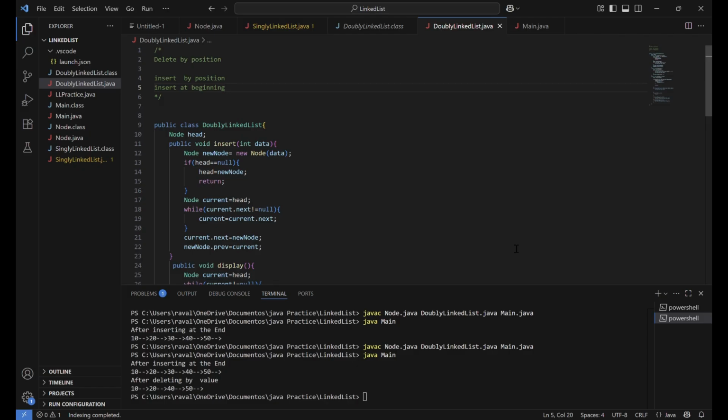Try the other three operations by yourself. Delete by position, insert at beginning. I will include the code in the